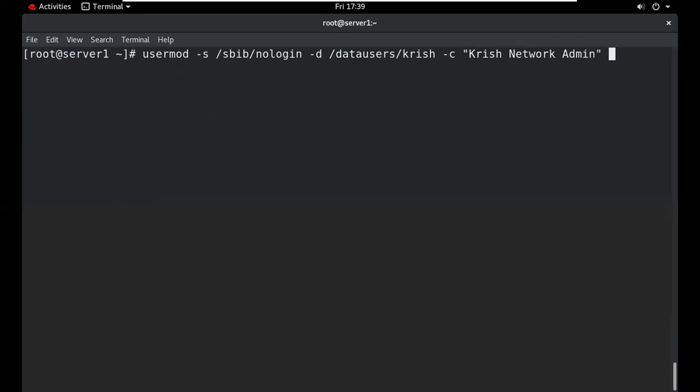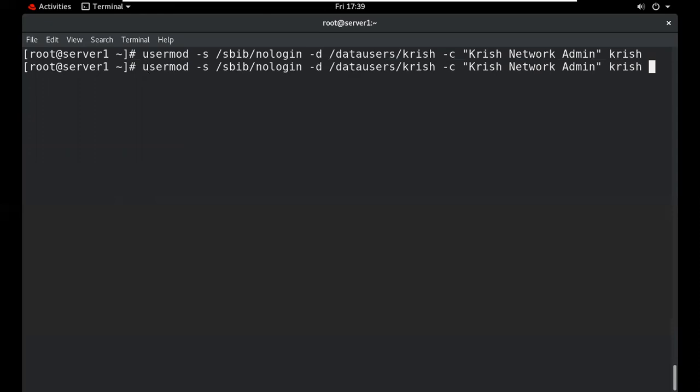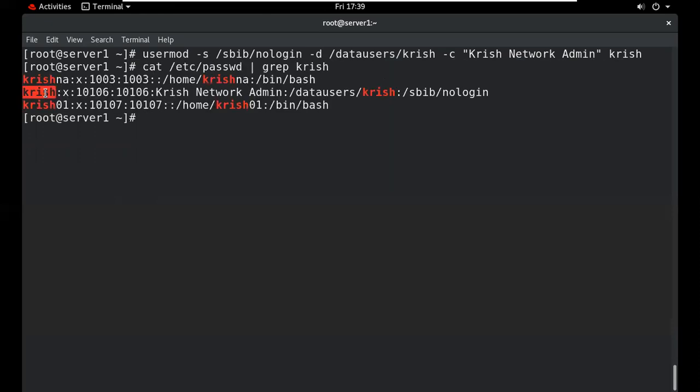And we want to change only this information. Then type the name of the user. This is the name of the user, and I want to modify only this information. So this information will be modified. We can check this. So this is the name of the user. I will change this particular field, and I also change this particular field, and I also change this particular field. So I can change any information regarding any particular user.